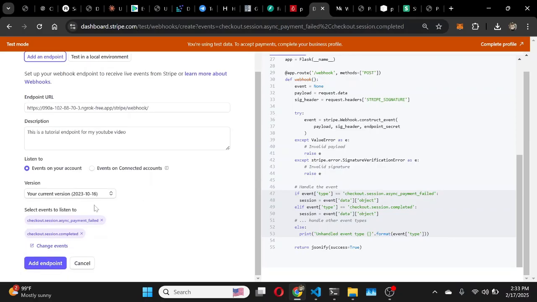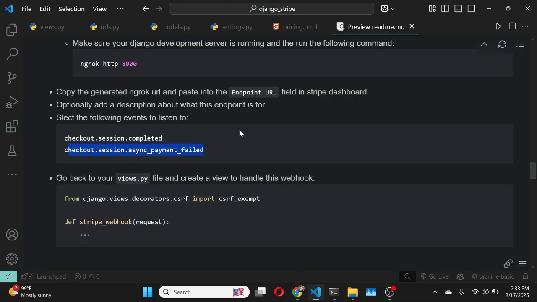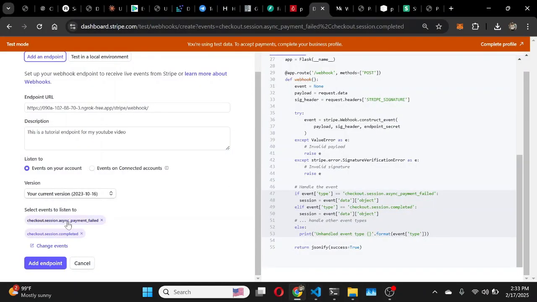So what now happens is that anytime a new session is completed, that is, anytime a checkout session is completed, Stripe is going to send a POST request to our webhook endpoint, and then we are going to write a view function to process it shortly. Also, anytime the payment fails, Stripe is going to send a POST request to that specific endpoint to let our application know that